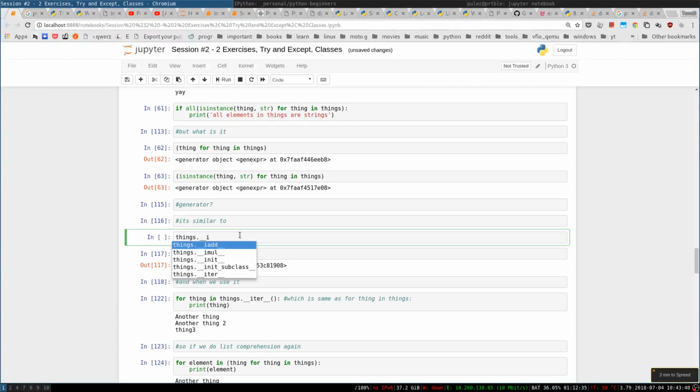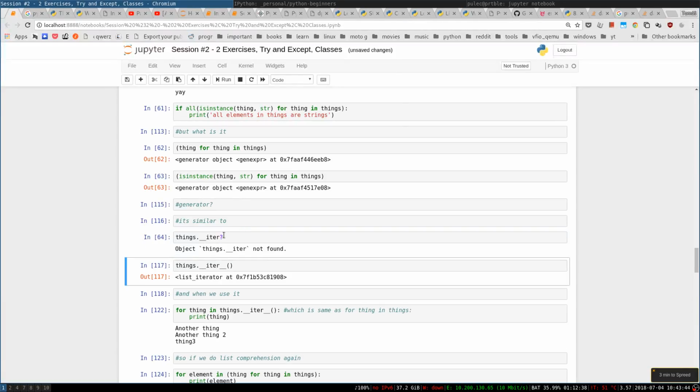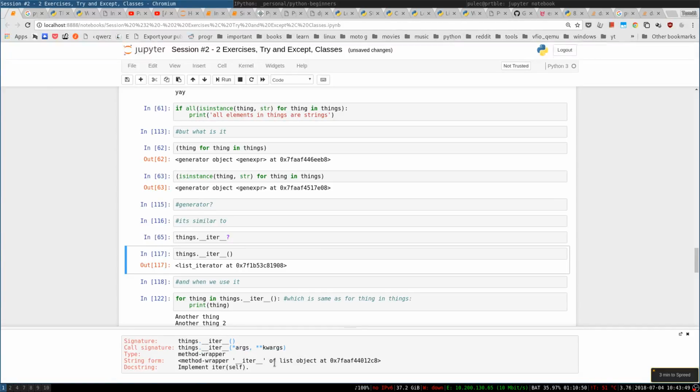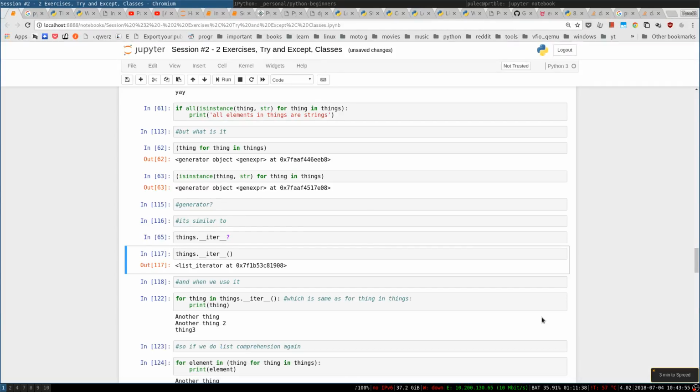Sorry. If it's iter, done the iter. Yeah, it's not documented. Implemented iter. Okay. Well, the idea is that